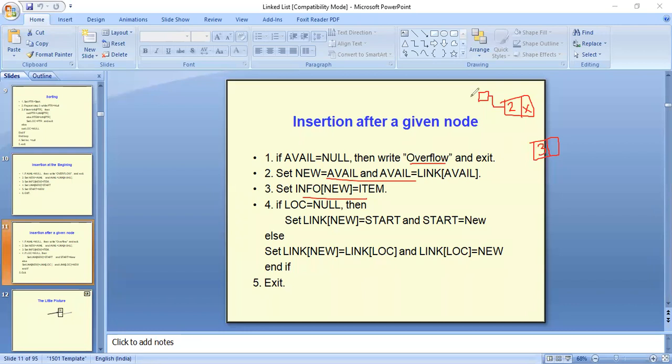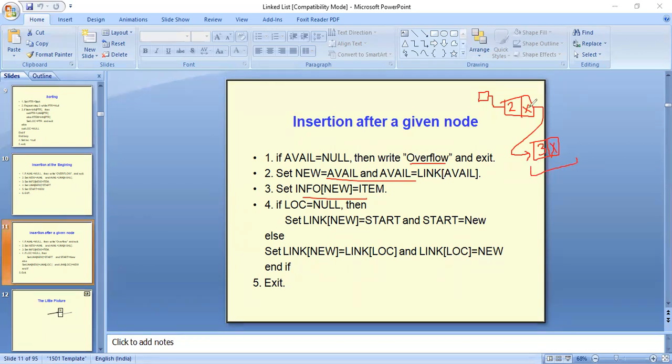All right, then what will be happening here? We have to update the link of this node. Link of start will be updated to new, and we will set the link of new as null. This is the new node.